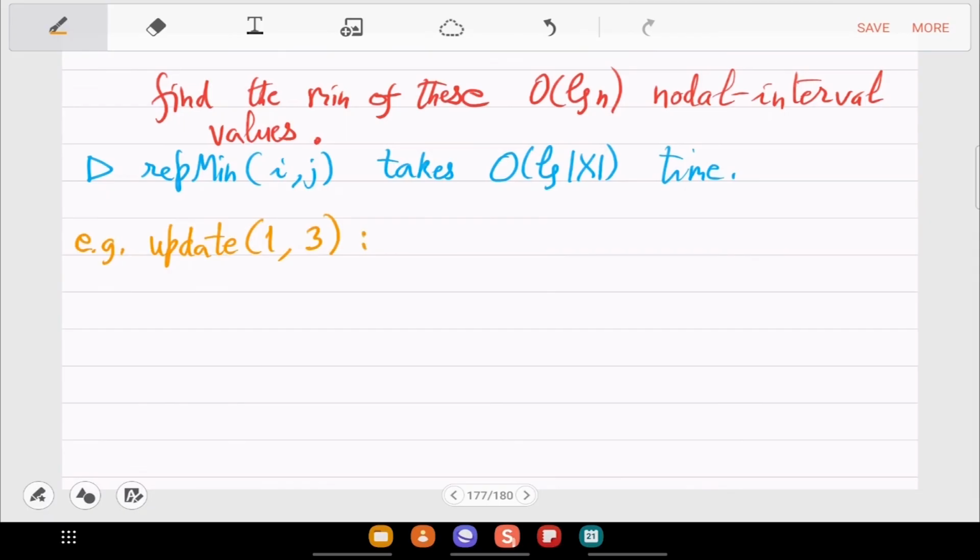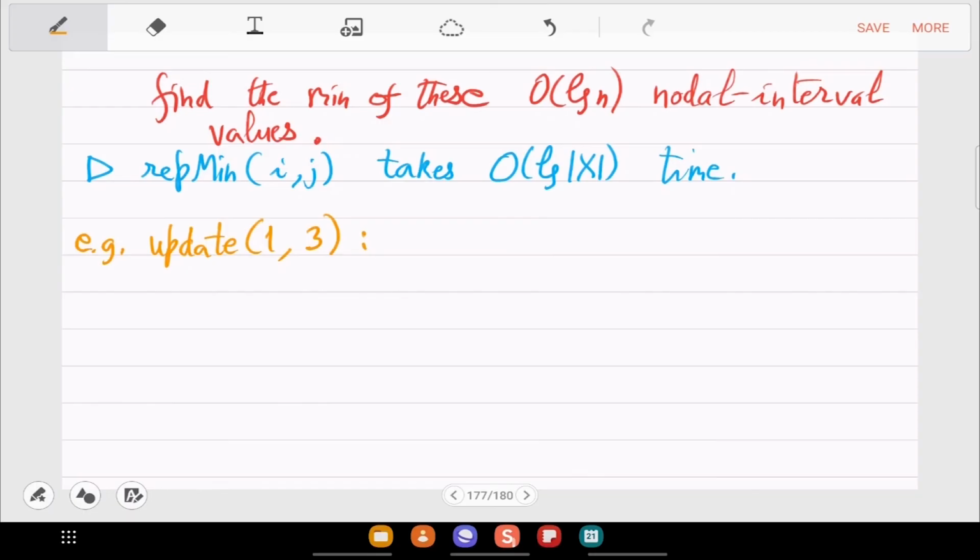How will that work? Index 1, the leaf there is storing 14. You want to update it, make it smaller, equal to 3. How will you change the data structure? So this is just search. This is like reporting pseudocode, right?